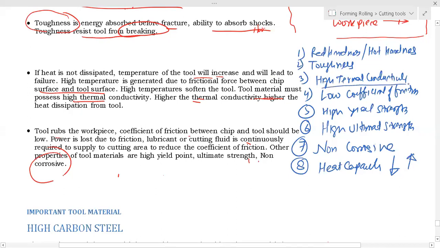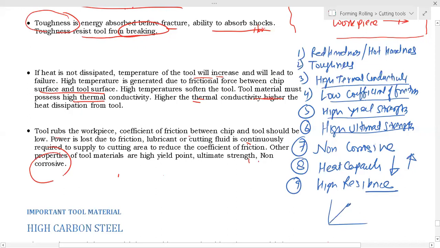That is your K. Low coefficient of friction, high thermal conductivity, high ultimate strength. Ninth number, high resilience. Resilience means the energy up to the elastic limit. High resilience. So your heat capacity must be...